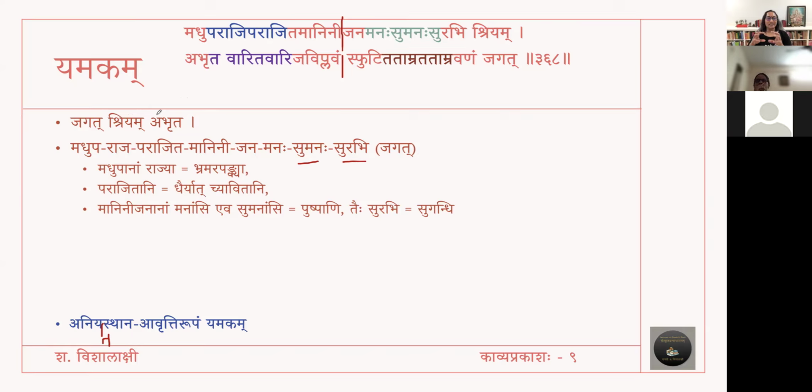During Vasanta Ritu is when the love quarrels are at a high. Vasanta Ritu brings in love in the air. So the women also start showing a little bit of anger. The men may do some mistake, whatever. So Manini Jana here is more like a kopam during love quarrel, the anger that is there during love quarrel. So Manini Jana Manaha is like a flower, and that flower is fragrant during Vasanta Ritu. During Vasanta Ritu, there are flowers blooming, and how are the minds of the people who have anger here?